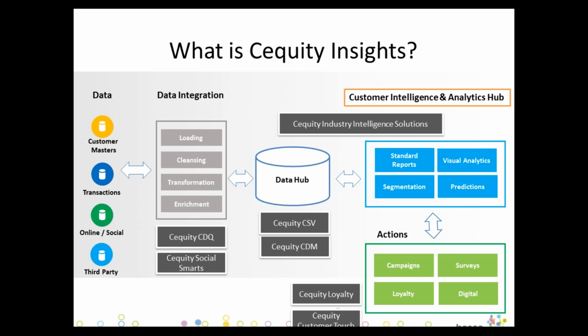Then you have loyalty, which is essentially, you might say, I want to treat my loyal customers differently, and therefore I'm going to take certain actions around it. And then you would have digital, which is targeted messaging on the digital channels or social channels and so on, at the right points in the journey. You'd actually want to do it. So essentially, if you look at Cequity Insights, it takes you from data to information to insights to understanding, and finally